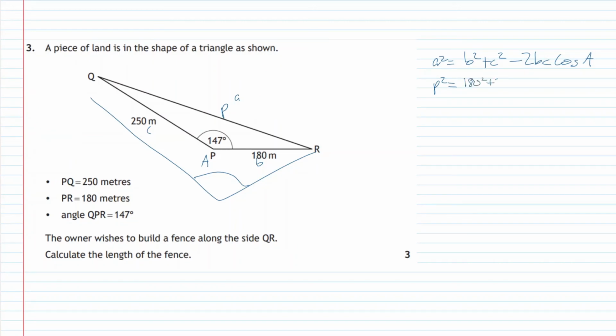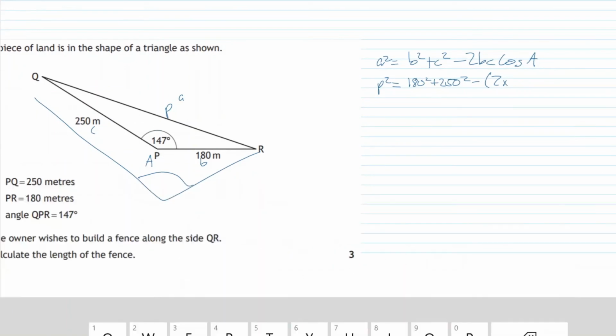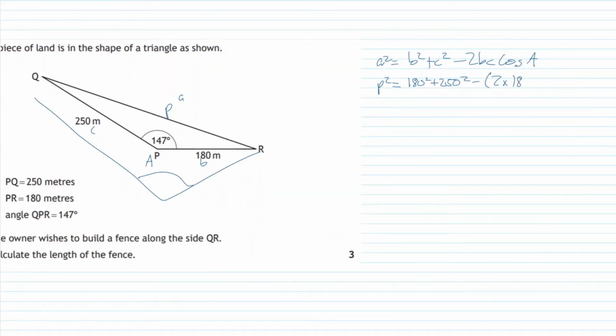so 180 squared plus 250 squared, and this will be the calculator question, because there's sine of angles involved, so we can pop this in our calculator, so don't worry too much. Anyway, take away everything in the bracket, so that's 2 times B times C, 180 times 250 times cos of 147. And if you pop that on your calculator, we'll get a value of P squared as being quite a big number,